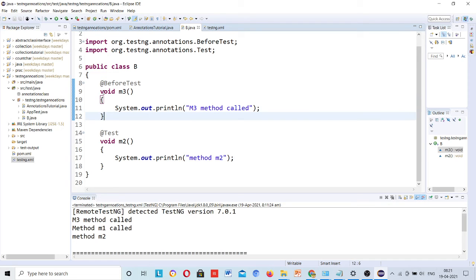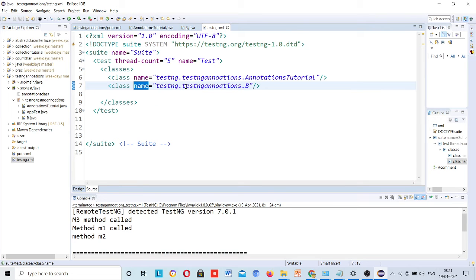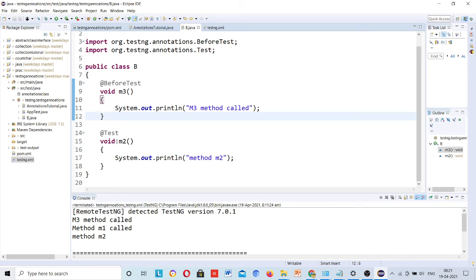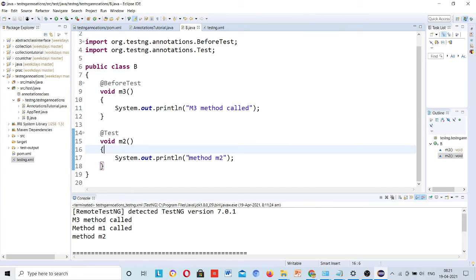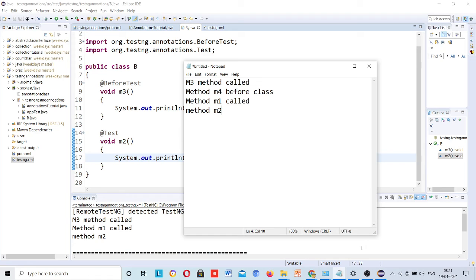No before class is present, so it will go back here and scan whether all the methods have run. No, not all the methods have run, so it will then execute this m2. I hope this is clear to all.